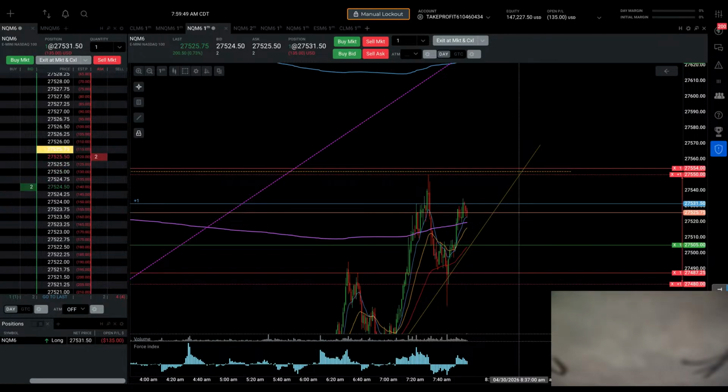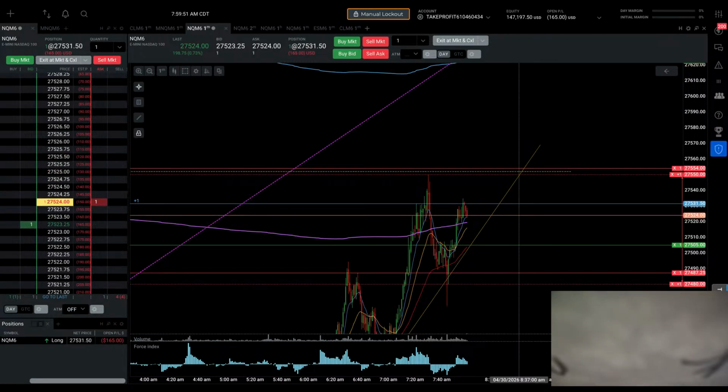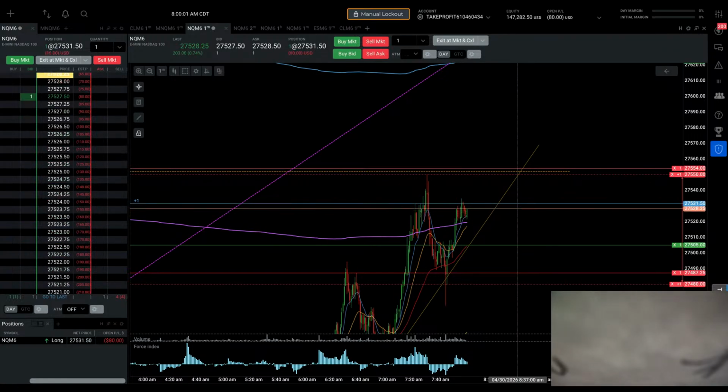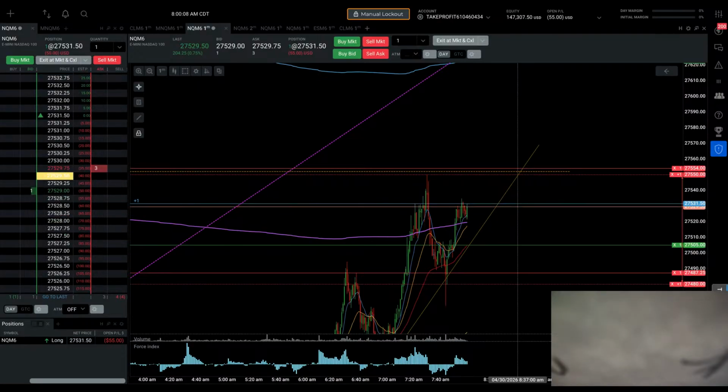Just doing that will be good because those are good areas for entries all the time. You need to mark lines there, but you have to know in your mind that price, if it does get there,